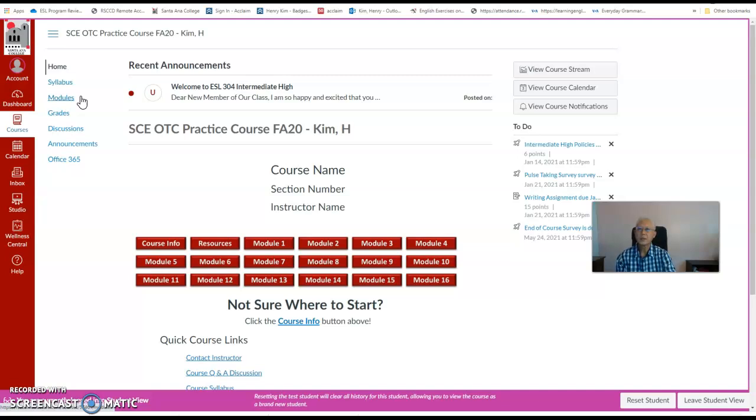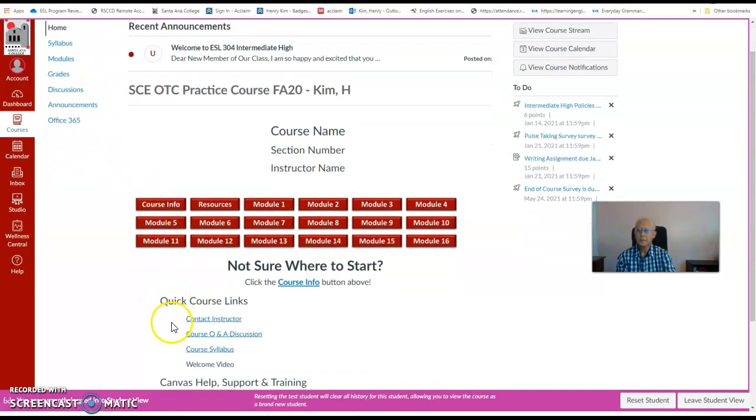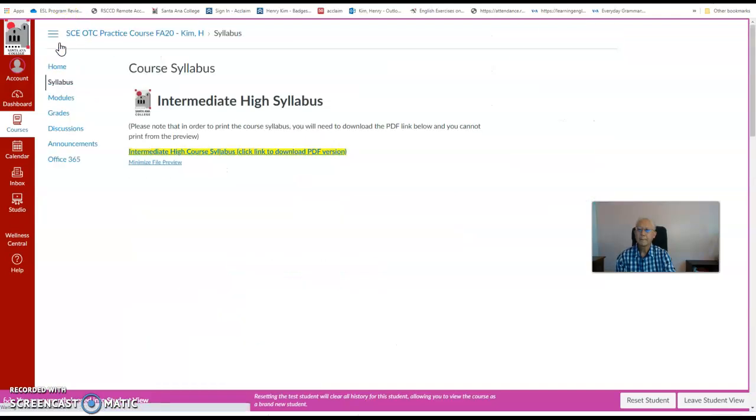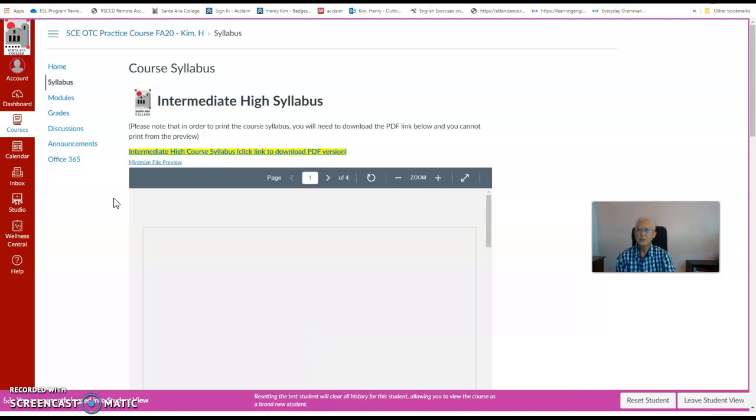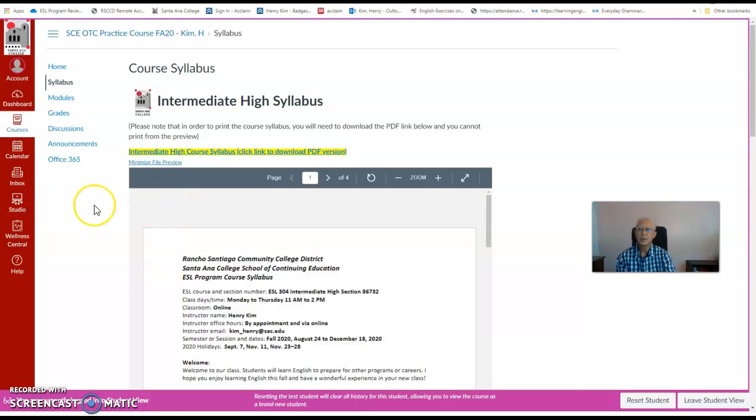Here are 3 ways to find the course syllabus. The first way is to go to Home, and at the bottom of Home of your screen you can click on Course Syllabus and it will open up and you can read it. The second way is to click on Syllabus, and the syllabus for this course will appear and you can also read it. The third way to find the course syllabus is to click on Modules